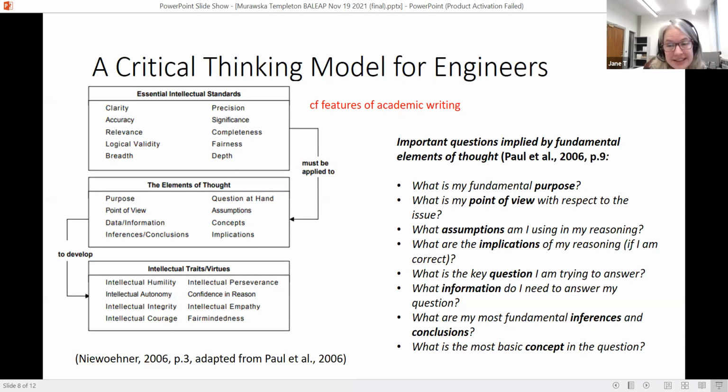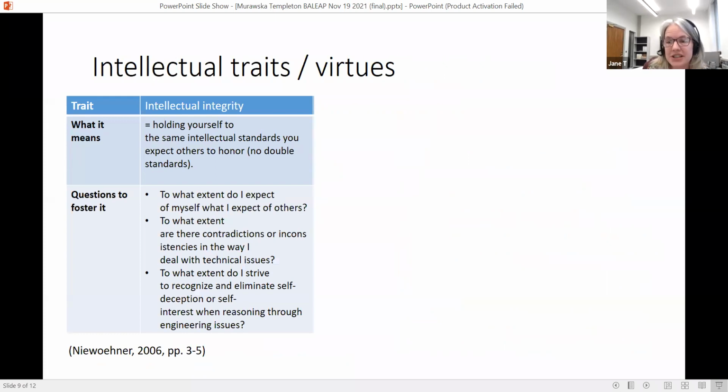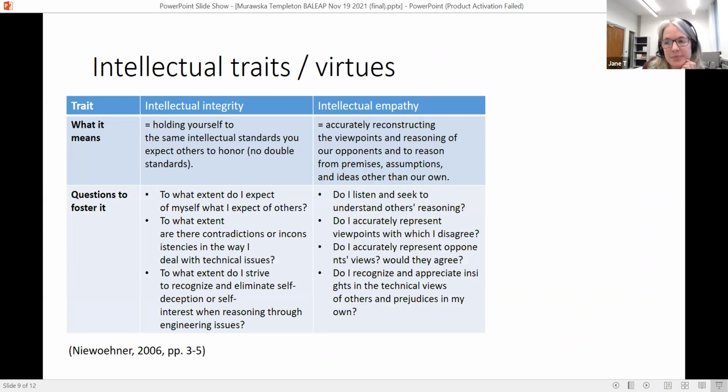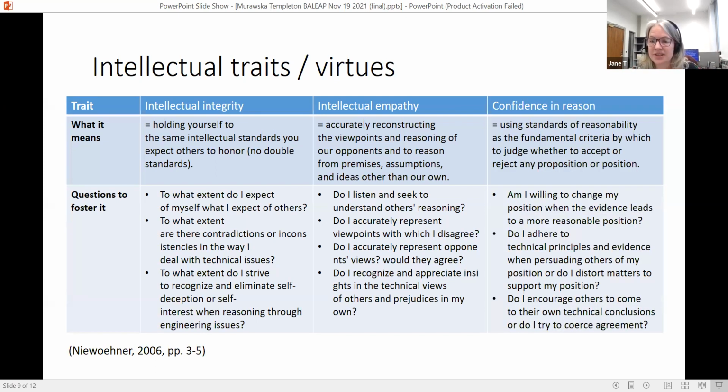Okay, right. Well, when I asked Anna yesterday, she said intellectual integrity, which is what I first thought. But interestingly, intellectual integrity in this model does actually mean something different and doesn't really have an overlap with academic integrity. The one which is perhaps more linked to what we think about is intellectual empathy, and it's interesting to see representing others' views presented in that context. And another interesting one is confidence in reason, elements relating to evidence, position, support for position, etc., comes in there. So for me, this might be an interesting way to start to have conversations with students